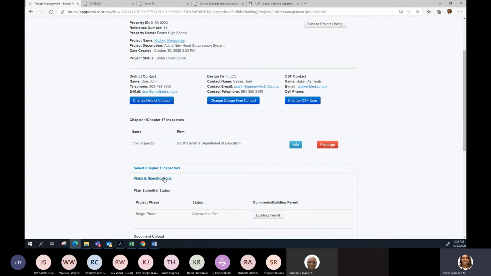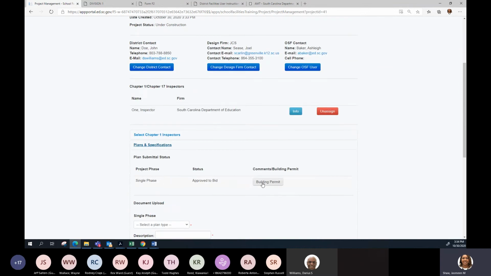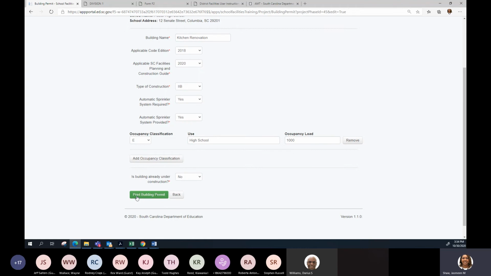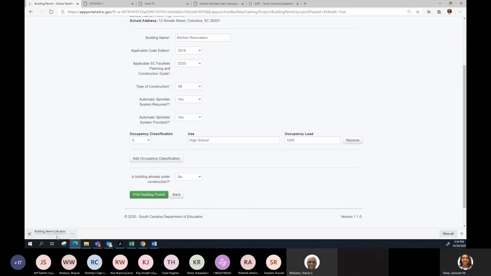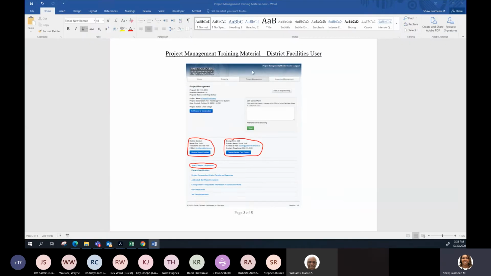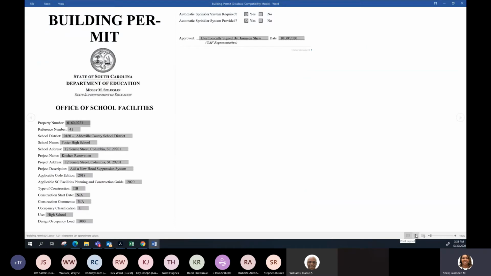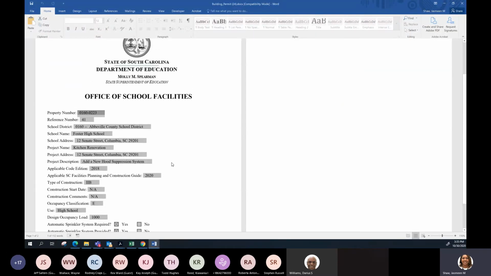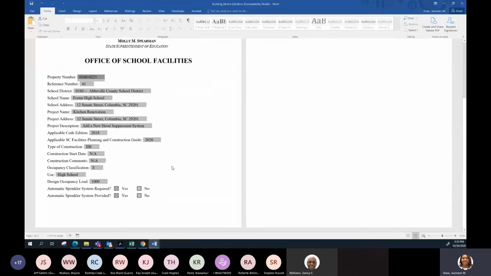So I'm going to plans and specifications, I'm selecting building permit. And then with this green button, you can print your building permit. If you notice in the lower left-hand corner, it's downloading for me. Okay, and so this would be your hard copy of your building permit.